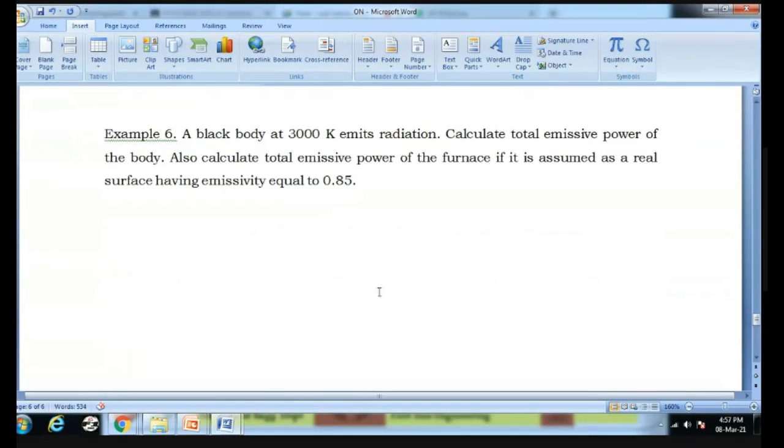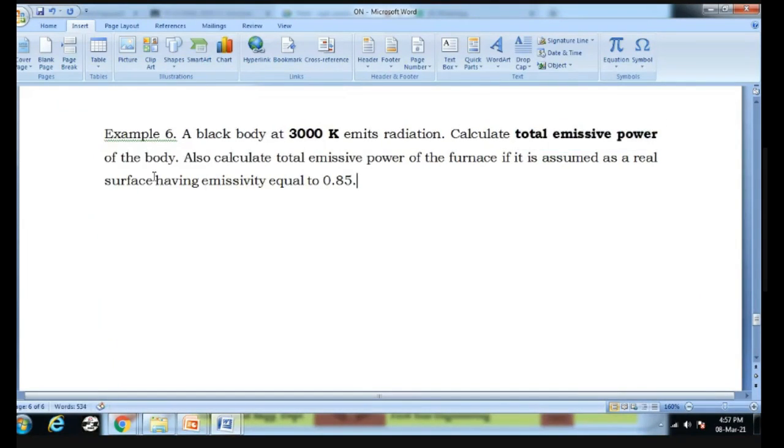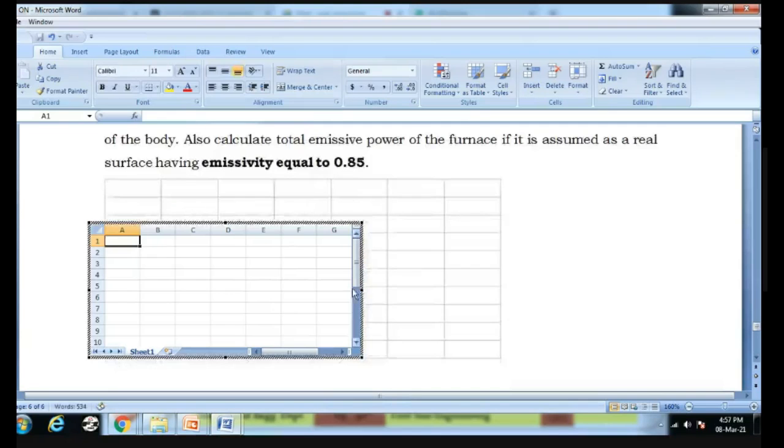So the last problem of the first unit test syllabus. A black body at 3000 Kelvin emits radiation. Calculate total emissive power of body. Also calculate total emissive power of the furnace if it is assumed as a real surface having emissivity equal to 0.85. आता याच्यामध्ये समजून काय घ्यायचंय, तर बॉडी टेम्परेचर काय दिले आता 3000 केल्विन दिले. ओके, दॅट इज ऍब्सोल्यूट टेम्परेचर, बॉडी टेम्परेचर केल्विन टेम्परेचर. ओके, सो आय विल से इट इज